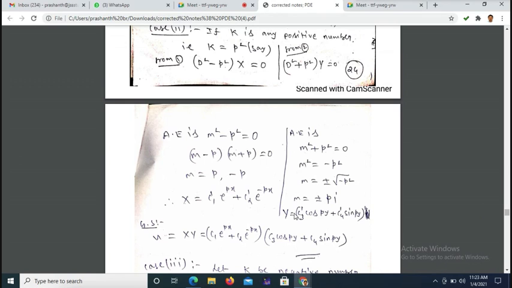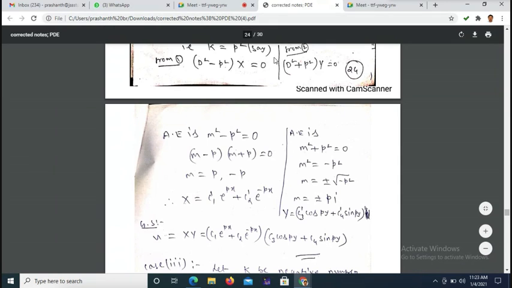In the last semester you studied that complex roots come like this, roots are real distinct like this, roots are same like the previous one. So you can take the general solution as u is equal to x, with x substituted in its place and y substituted in its place. This is the general solution.